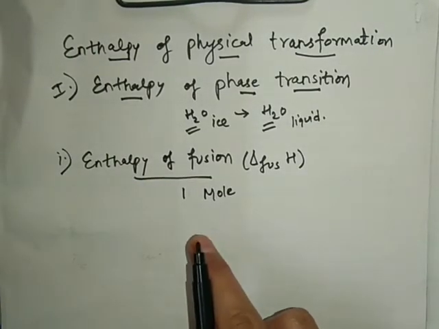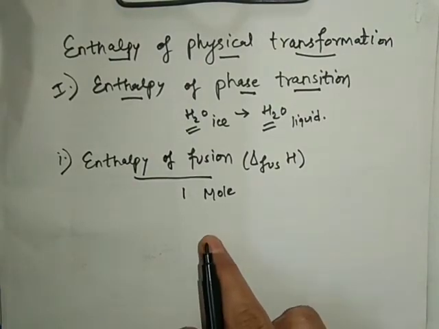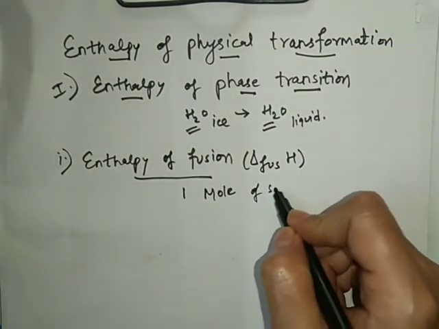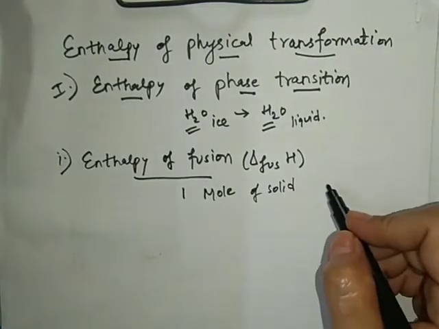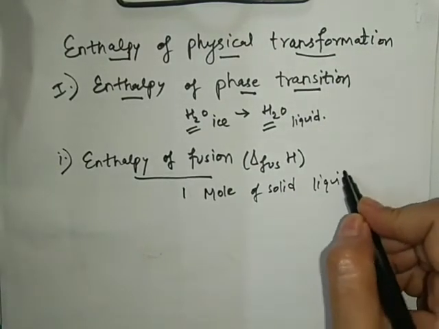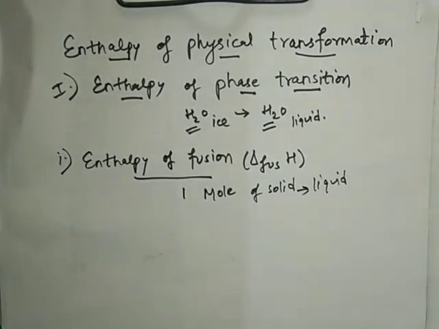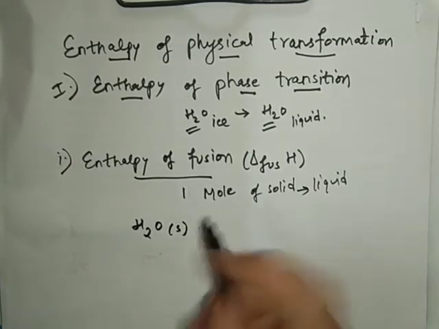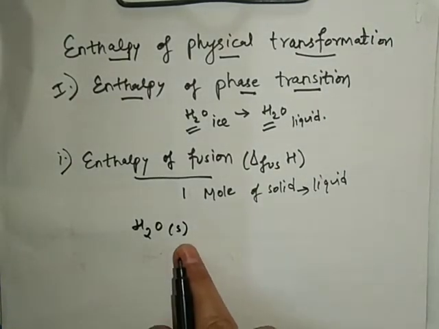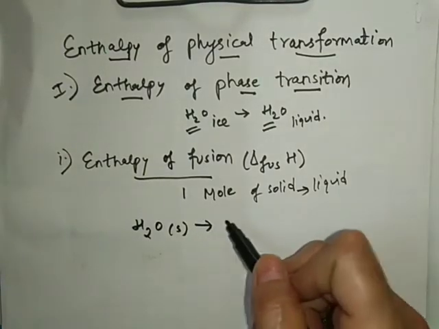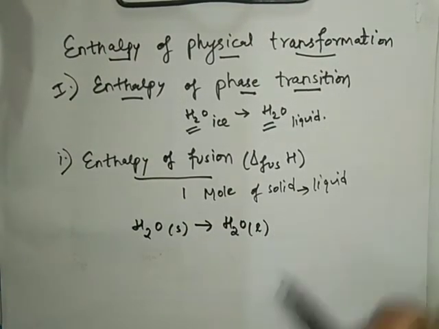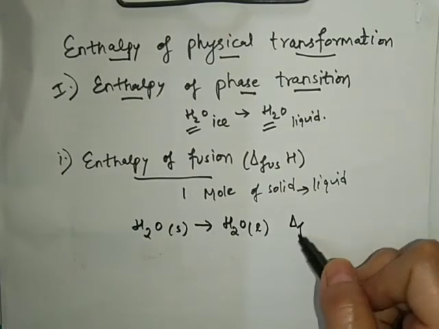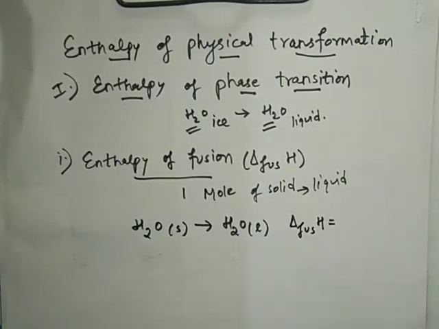Okay, so that is what we will give in the enthalpy of fusion. These wordings: the enthalpy change that occurs when one mole of solid is converted into liquid at constant temperature and pressure is called enthalpy of fusion, right? For example, suppose we have water (s). When I write water in the solid state, it is very clear this is ice. Suppose it gets converted into liquid water, then for this the enthalpy change in the reaction will be what?